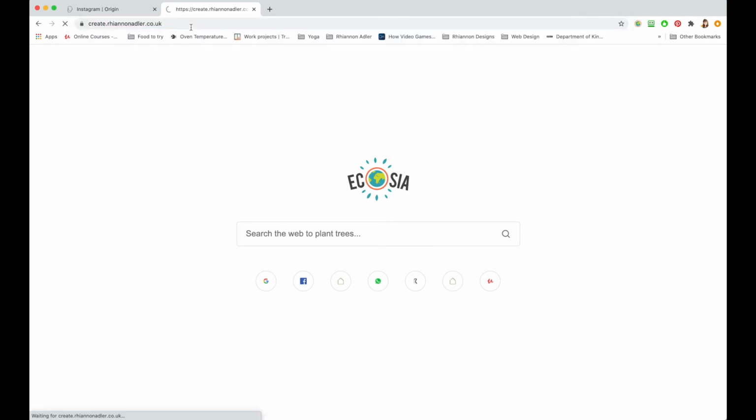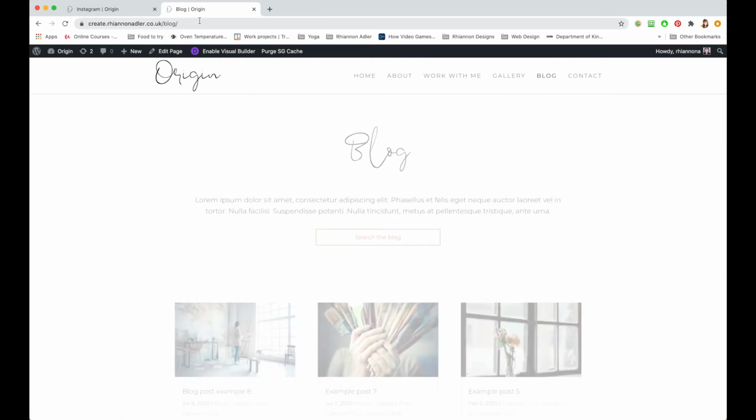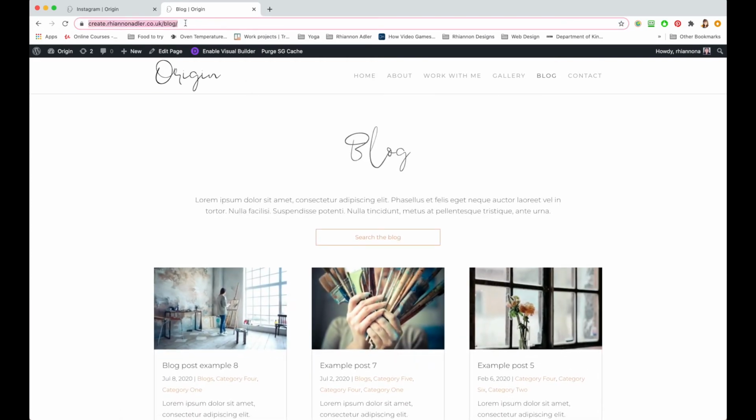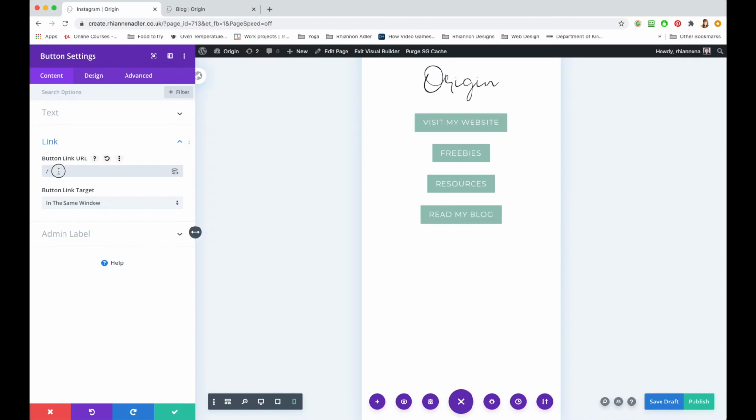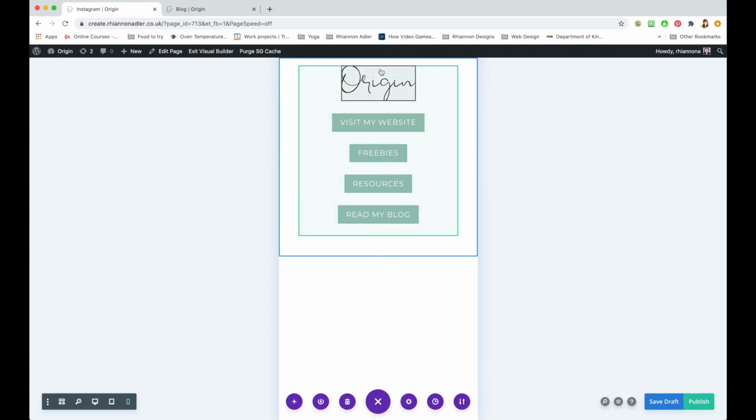If I just go visit the website, let's go to the blog and then just select your URL, copy the URL, come back and in the button link URL, paste the URL. So now that's linking to the blog and click OK. And there we go. I have a really basic, simple few buttons, and the buttons are visiting different places